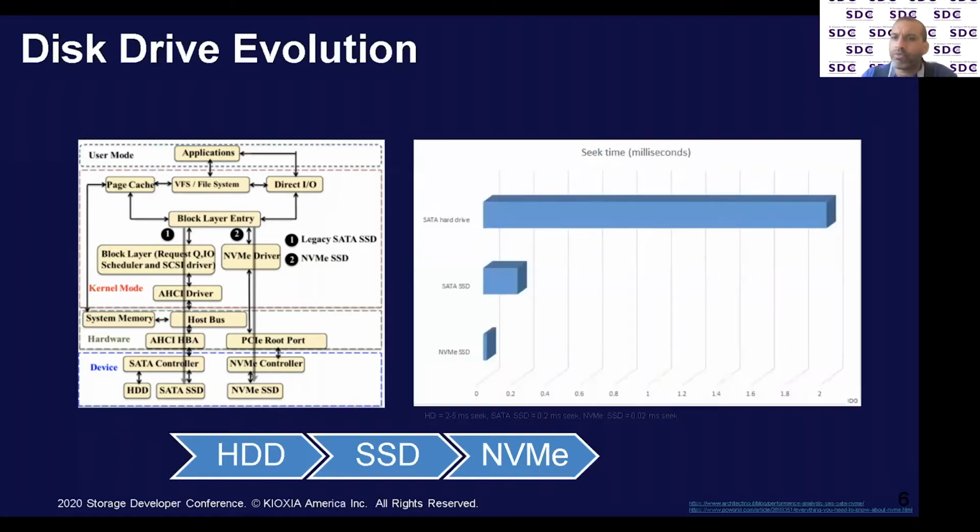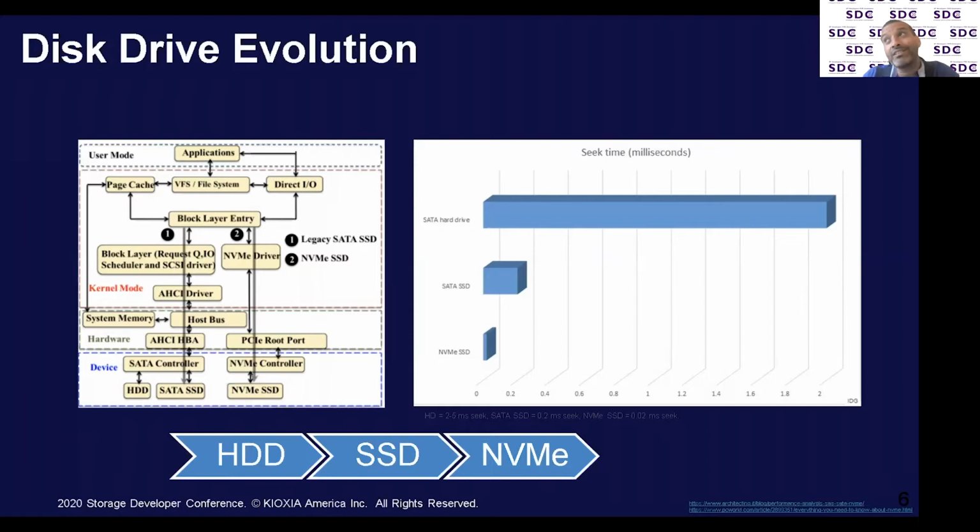If you look at the performance of these three technologies, when it was hard drive, media was magnetic and protocol was SCSI. At that time, we were happy with one type of performance, but then when media changed to flash with SSDs, but protocol was still SCSI, we got a huge jump in performance.